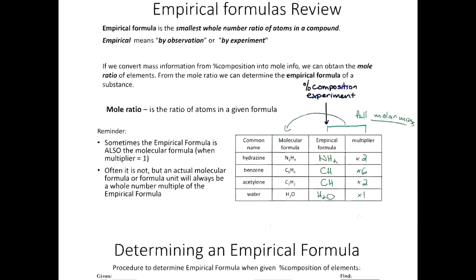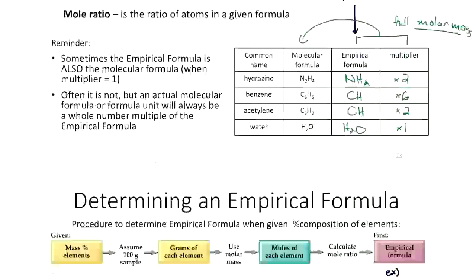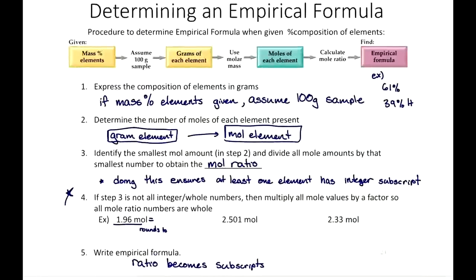And so we'll look at examples. All right, so these are my bulletproof steps on determining an empirical formula for a substance. Okay? So, given percent composition. Remember we calculated the percent composition of iron and oxygen in rust, iron oxide? So if I gave you those numbers, if I said your sample is 69% iron, 31% oxygen, what's the empirical formula? You can figure it out using these steps, where if I give you percentages, we need to